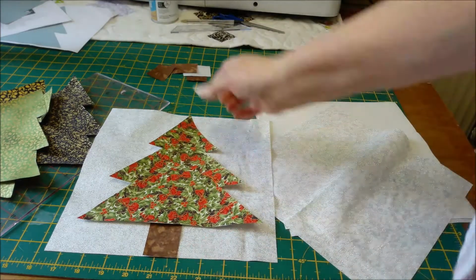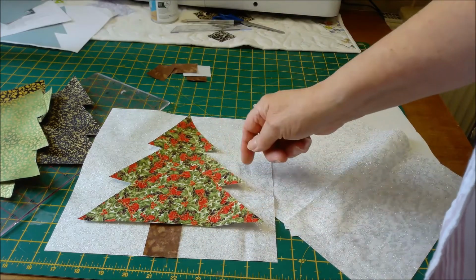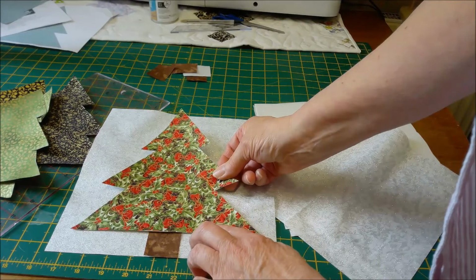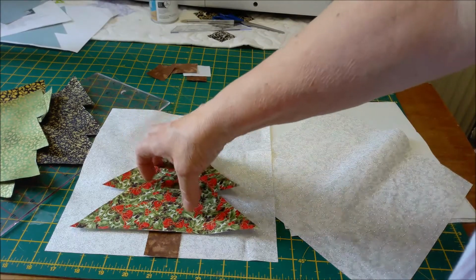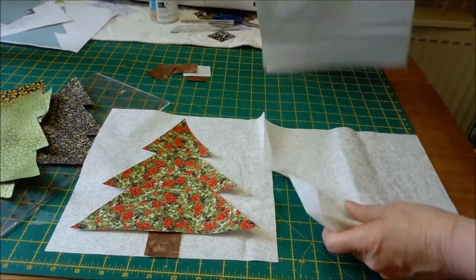So once you've got it level, I'm going to heat and bond mine down, and then I can blanket stitch mine. She satin stitches down, and you do whatever you want. This is the way I'm doing it. Then once I've got all these ironed down, I'm going to satin stitch all the way around, and then I'm going to sort out